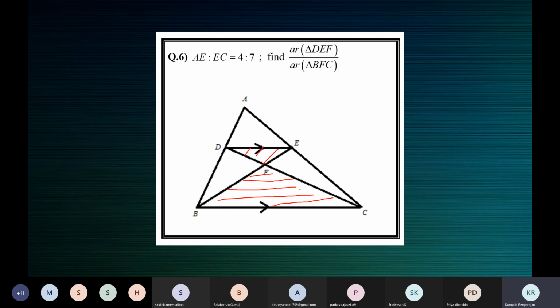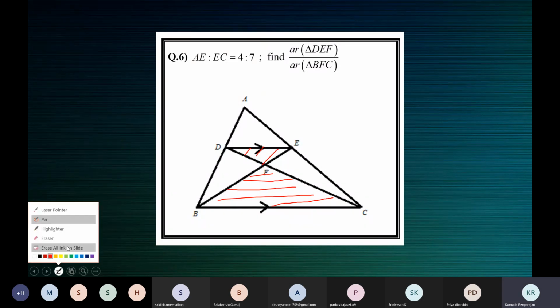To prove that they are similar, just ask yourself. Ma'am, we can tell similar by AA criterion. Correct. So just come back and work backwards. Ask yourself how to find the ratio of the areas of these two triangles. You will say, I can't find the actual areas of the two triangles. Then that means you can find the ratio only using area theorem. To use area theorem, the triangles have to be similar. So now let's prove that the triangles are similar. Yes, Shakti, you wanted to say?